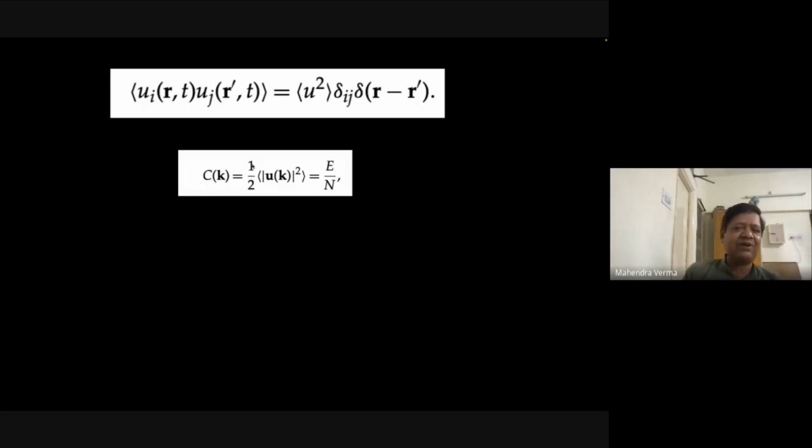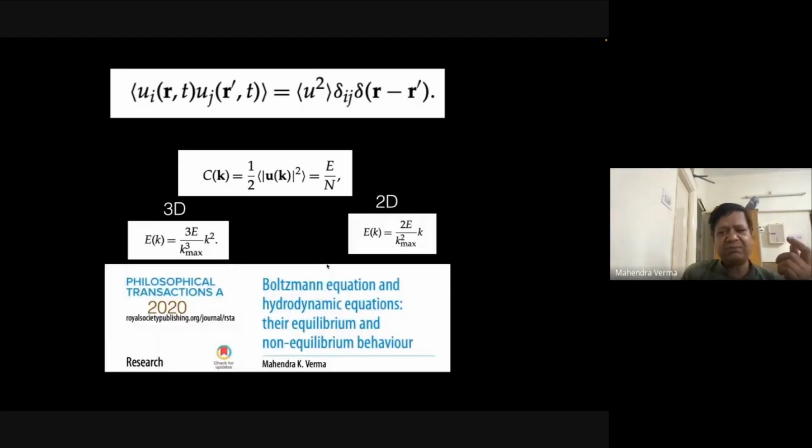That is the equilibrium solution: the energy of every mode will be the same. This is like equipartition. So you can easily see from the above equation that energy will be equipartitioned in equilibrium. Energy per mode is constant. In 3D, because the number of modes is proportional to the area of the sphere, it is k squared, and in 2D it is proportional to k. So this is a prediction. Of course,